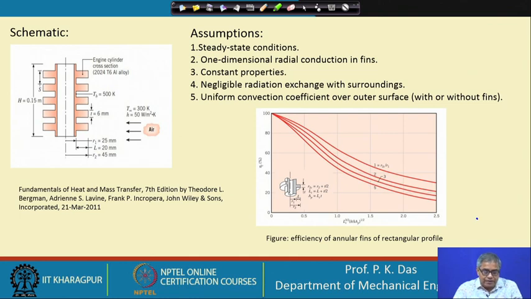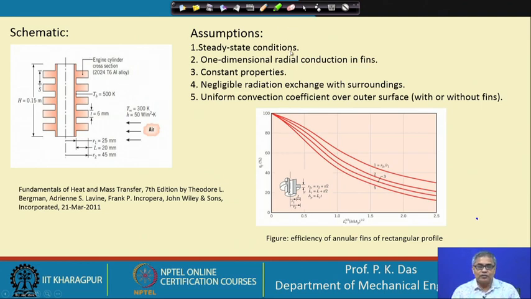I have told that primarily when there is a finned heat exchanger, inside there is a liquid and outside there is a gas. Here, outside there is a gas, but inside also there is a gas, that is the combustion product of the IC engine. Different dimensions have been given: the total height, the diameter, the length of the fin and the fin thickness. Then the fin spacing we can also get from this. So, these are the given data of the problem.